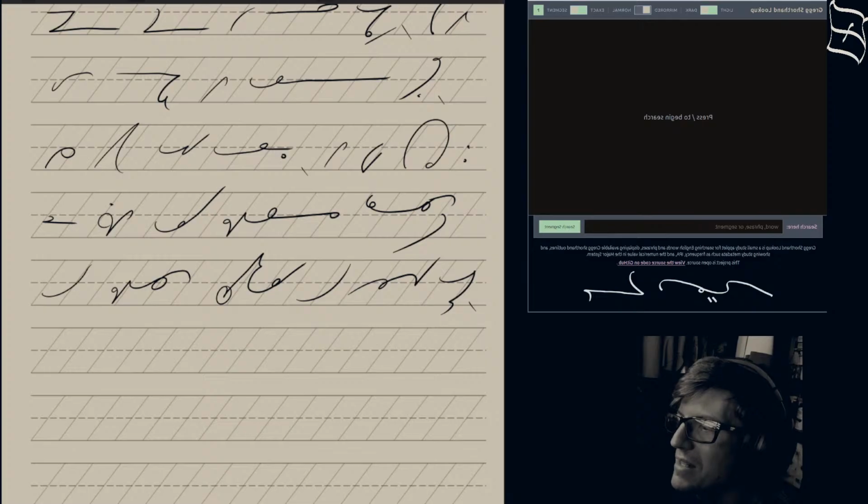Okay, maybe at one point I will go back and take the time to demonstrate how to do left-handed view, but left-handed folks are only 10% of the population, give or take a little bit, and so it's a better use of the stream time to demonstrate normal flow of Gregg shorthand for the rest of the population. Let us go ahead and begin.